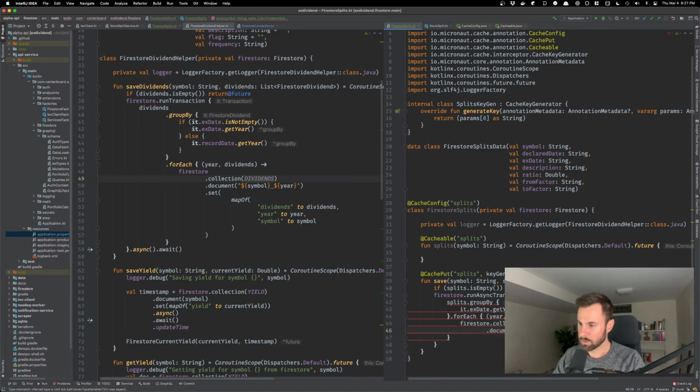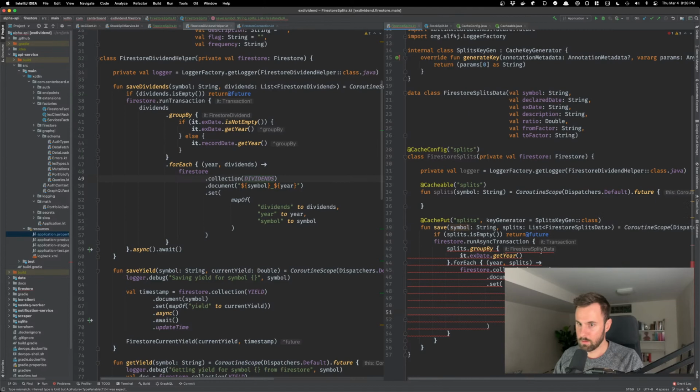Splits. We're going to create a new document, and that is going to be for the symbol that we have, underscore year, right? Then we're going to set a map of the following. We're going to call this splits to splits, year to year, and symbol to symbol. And then